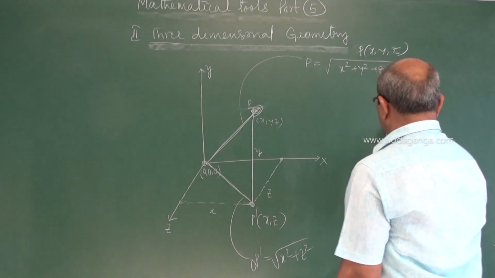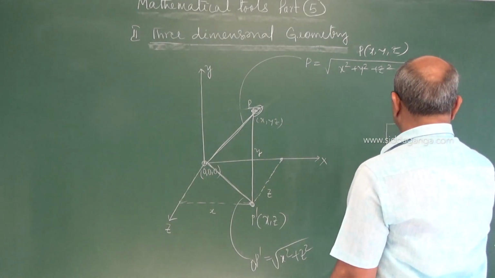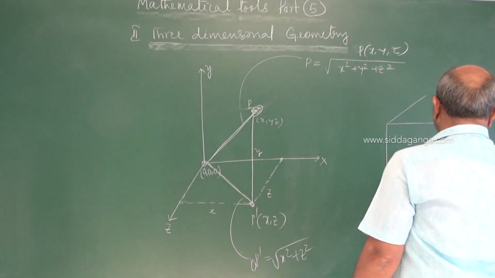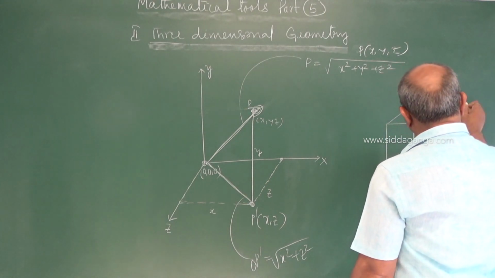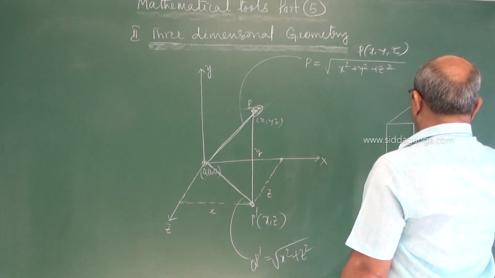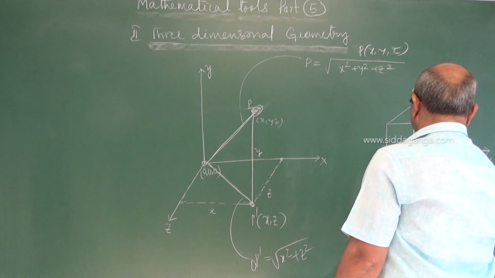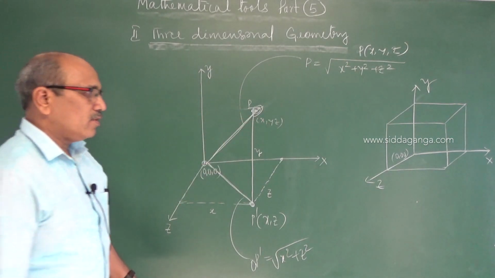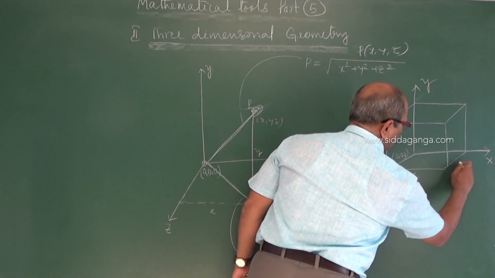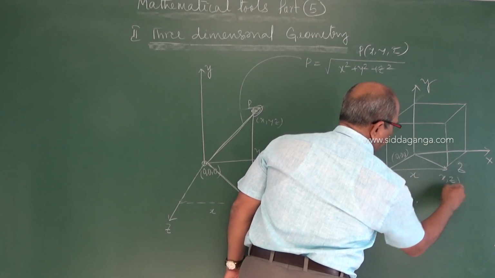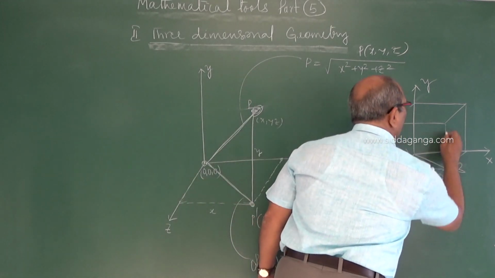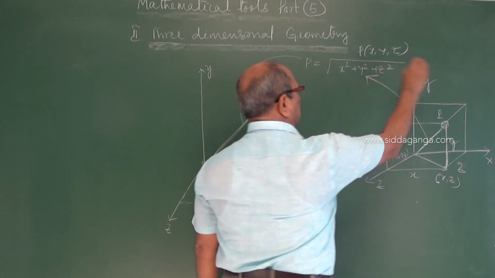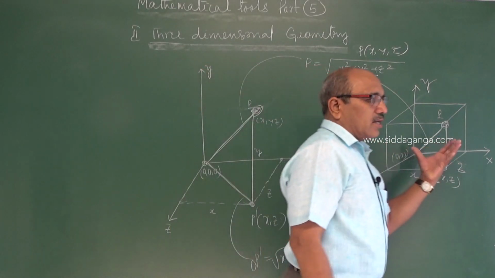So separately, I will come to this. Here I made it clear, but there I am showing exactly: this is x, this is z, where this point we located is x comma z, and this is the y coordinate where you reach the point P, exactly the point P that we wrote here. So there is a three-dimensional representation.